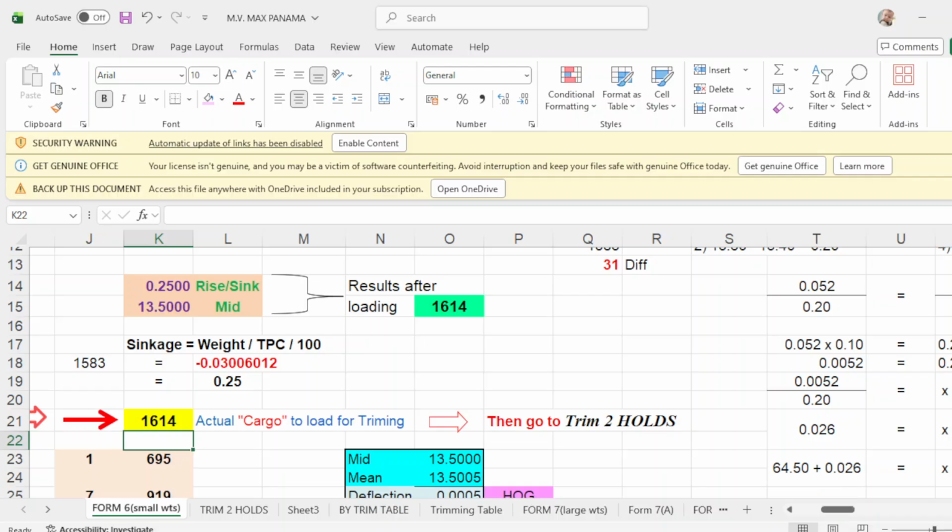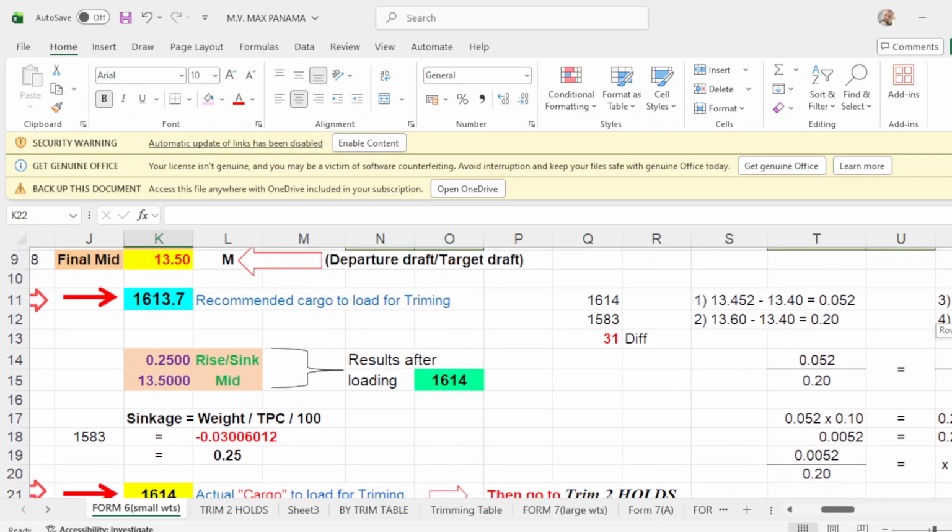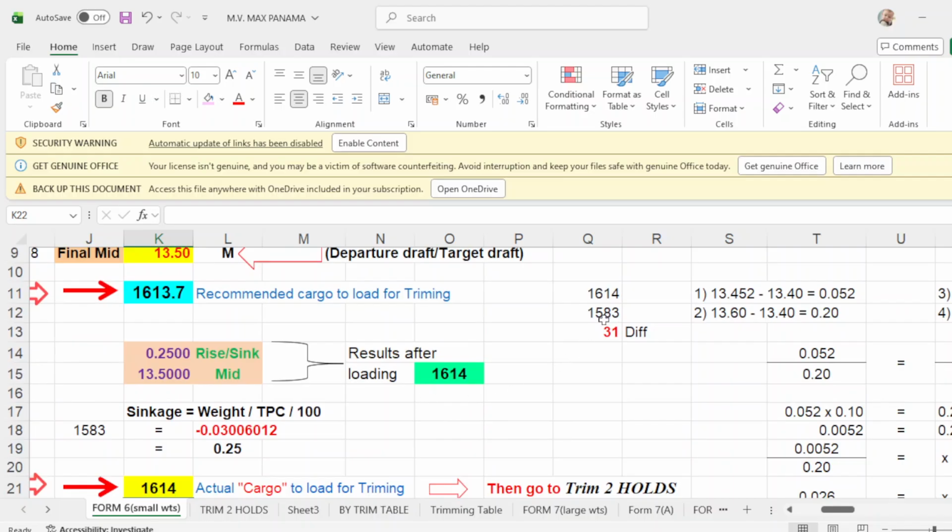If you load this figure of 1583, you will be short of 31 tons. But if you use 1614, you will have exactly the same drop here on mid, the same sinkage, and you retain this 31 metric tons. So what you do, for example, this one, put equals, because this is the one you're going to load,